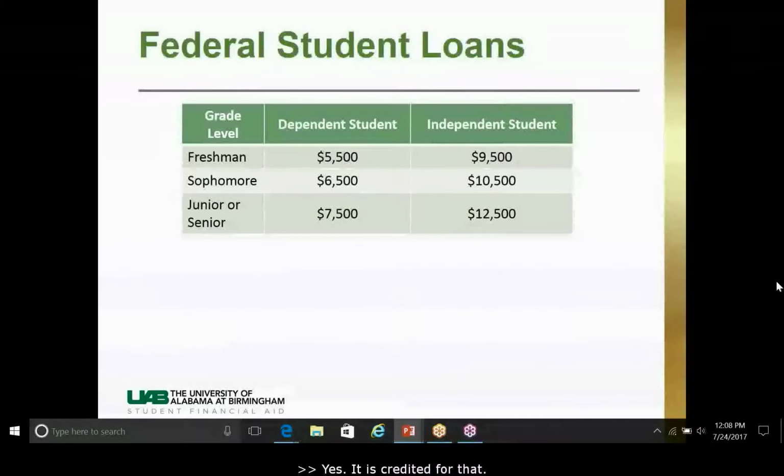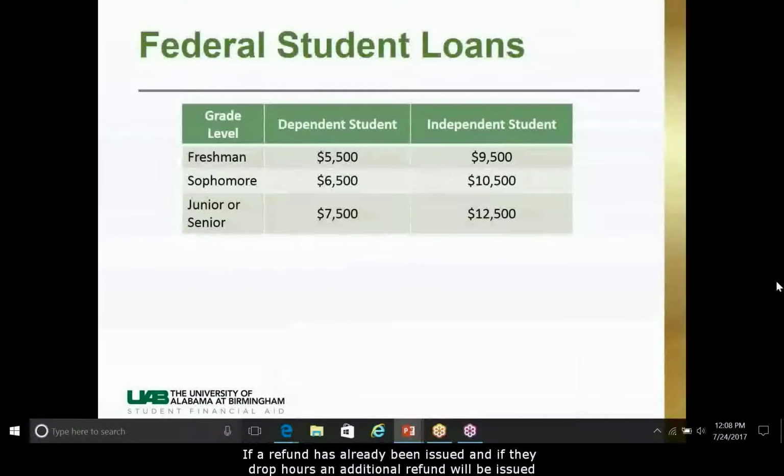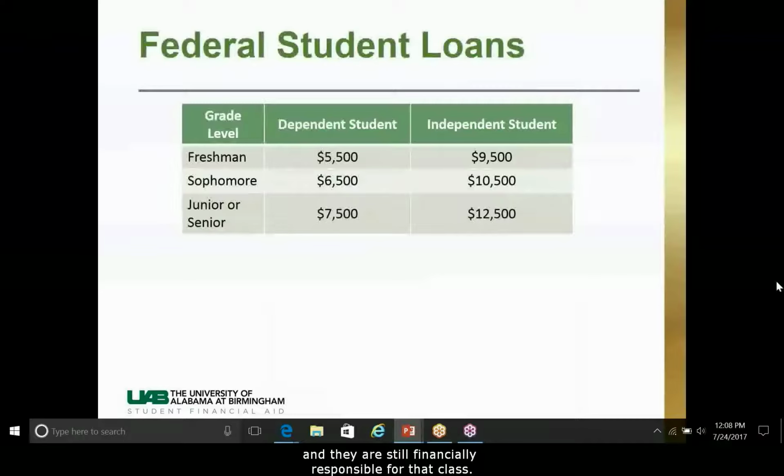Yes, it is credited for that. If a refund has already been issued, then if they drop hours, an additional refund will be issued as long as it's done before the drop add deadline. If they do it after the drop add deadline, it's considered a withdrawal, and they are still financially responsible for